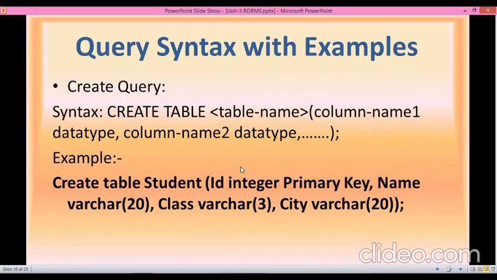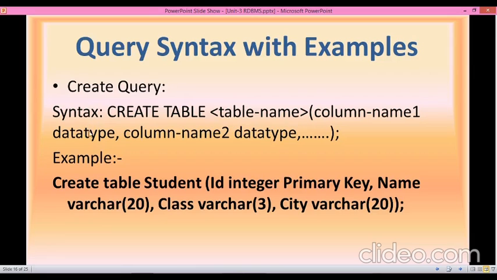Next we have the syntax of different commands with examples. So let's study them. We will even be checking the practical session on how these commands work. So first is the create query, that is used for creating a table in SQL. The syntax that is used for creating a table is CREATE TABLE. This is the keyword that is to be used as it is, which specifies that we are going to create a table. Then provide the table name, bracket open, the column name, again this is user defined,